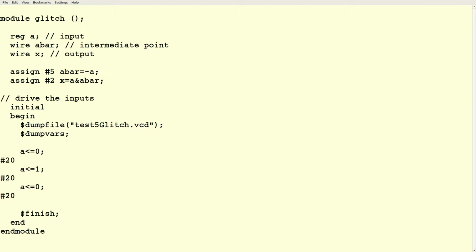So it's a module called glitch, that's a hint. It has an input A and an output X. So here's A and X. I'm just going to sketch along. And I'm using a pair of assign statements. I'm setting A bar equal to the complement of A, and then I'm setting X equal to the AND of